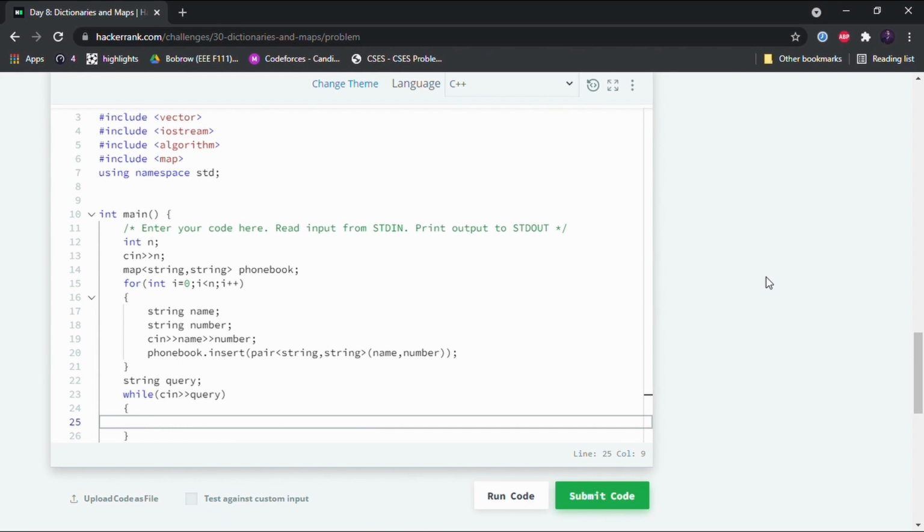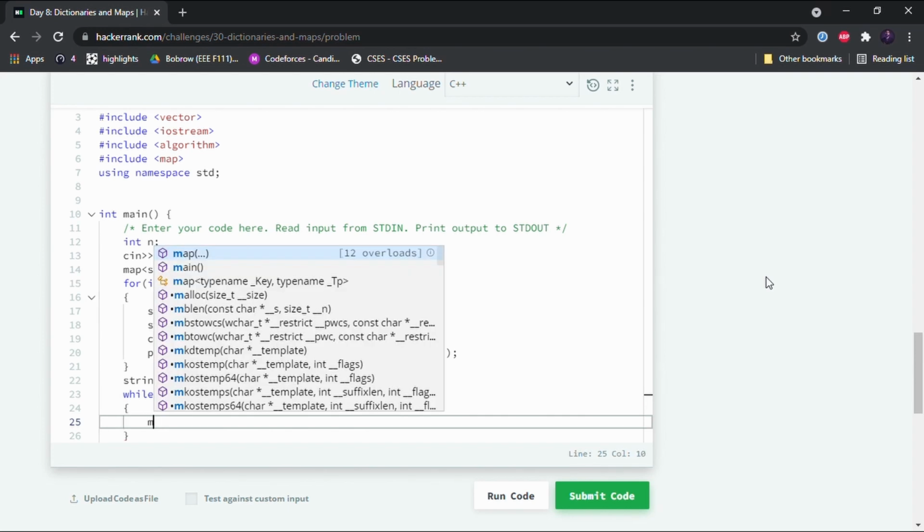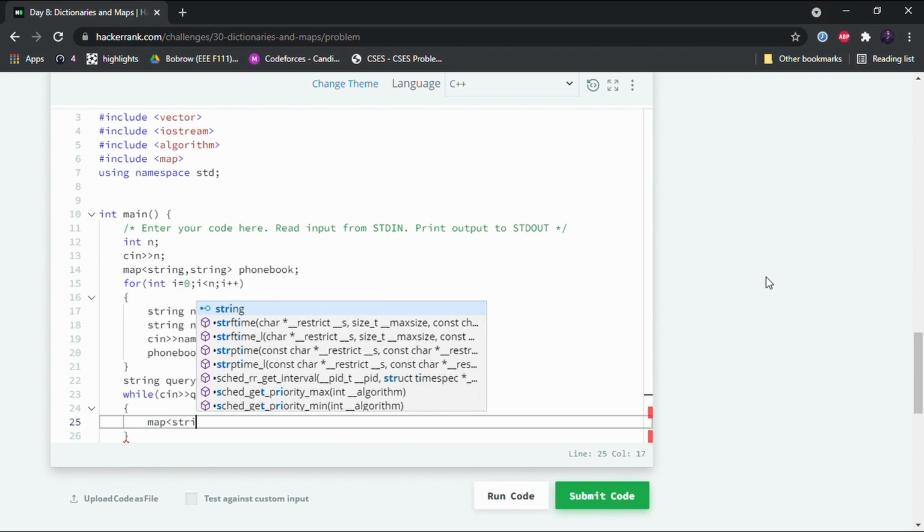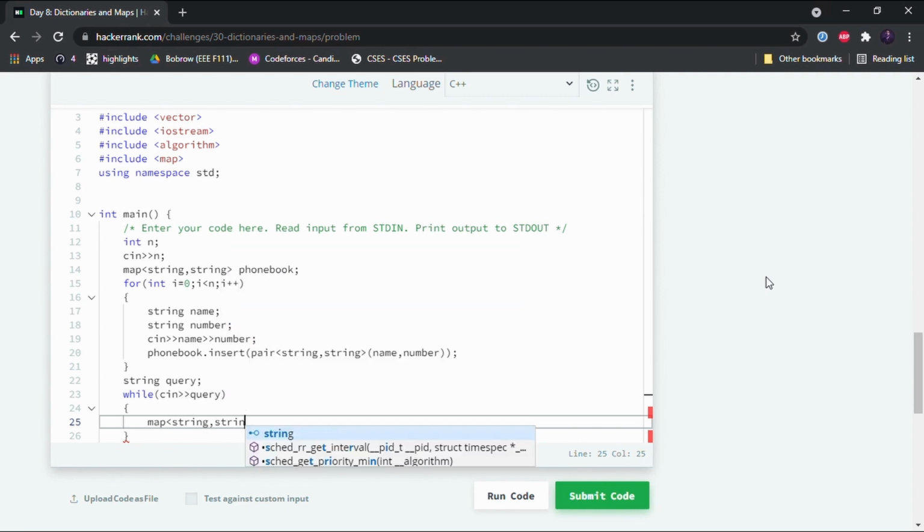Now we will have to use an iterator. How do we declare an iterator? We have to declare an iterator to a map. So first we write map, and then we write the data type of the key value and the mapped value separated by a comma.